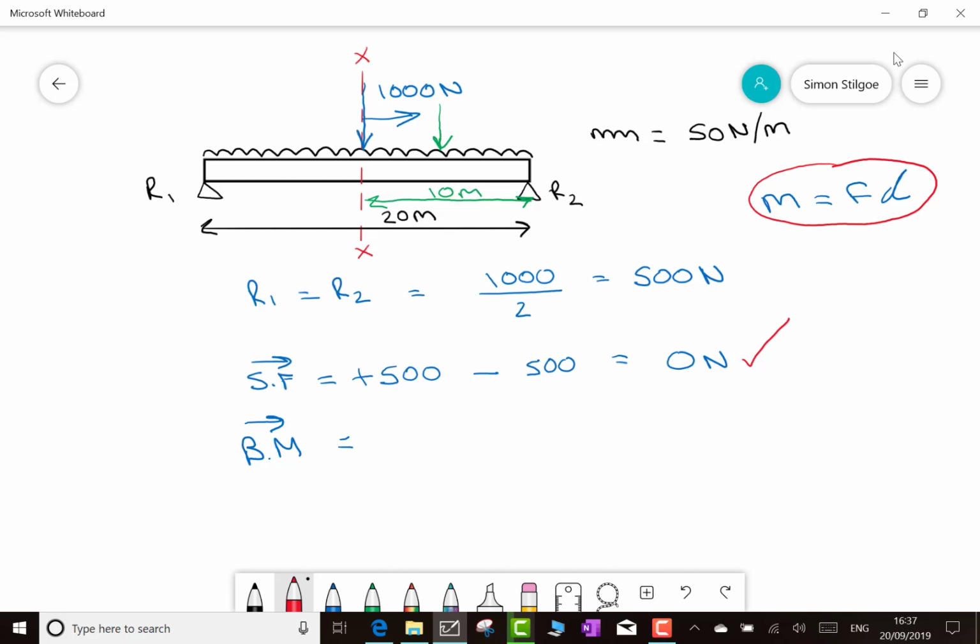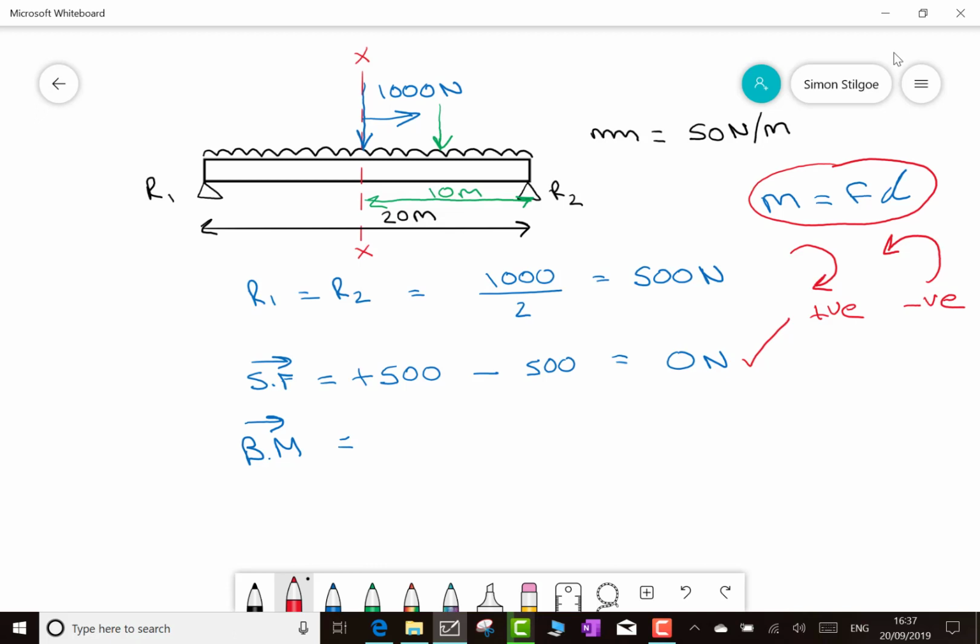The only difference is we're going to add up the algebraic sum of our bending moments. And the two things to remember here about them when you add them together is that when we have bending moments that go clockwise, we give them a positive sign, and bending moments that go anti-clockwise, we give them a